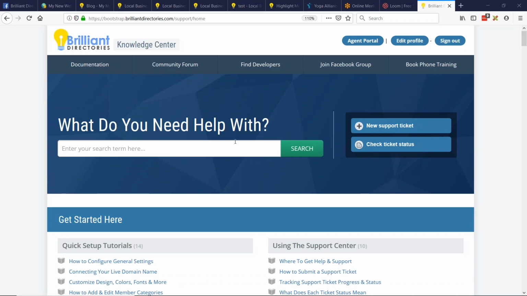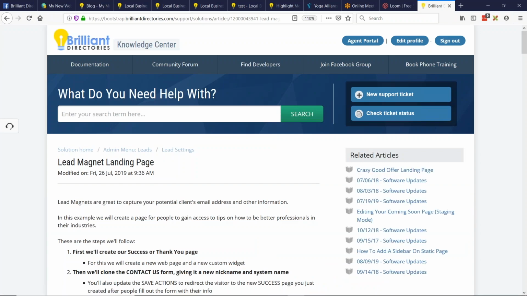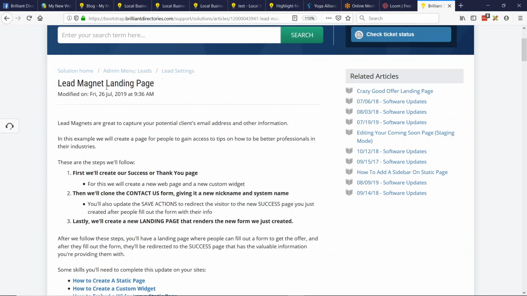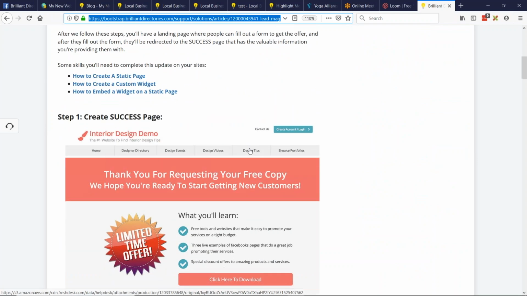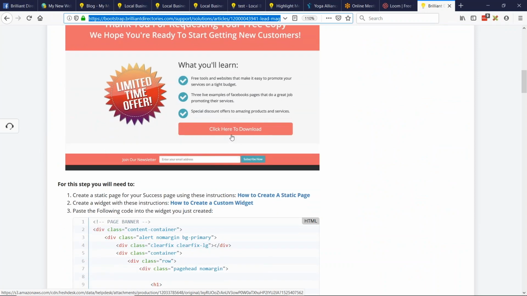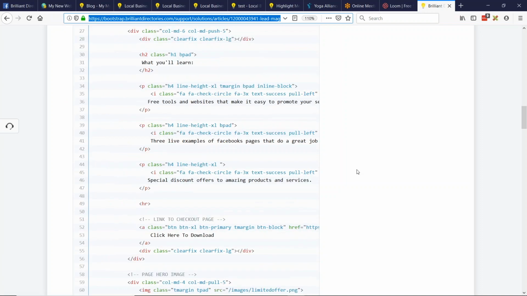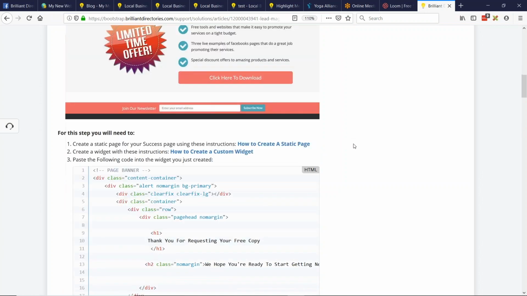Hey, Dave, so also I wanted to share something. I think in a previous webinar, we talked about lead magnets, because basically creating a download is what's called a lead magnet. It's a way to bring people to your site and attract them with a lead magnet. I'm going to share this link here. It shows you with the code how to create a simple page. You can obviously have the text and the image be whatever you want it to be, how to create the click to download button, and then just simple code here. You could just change the text out. It's all going to be formatted perfectly.